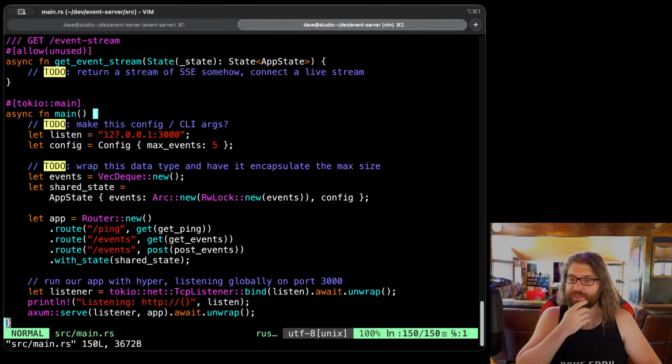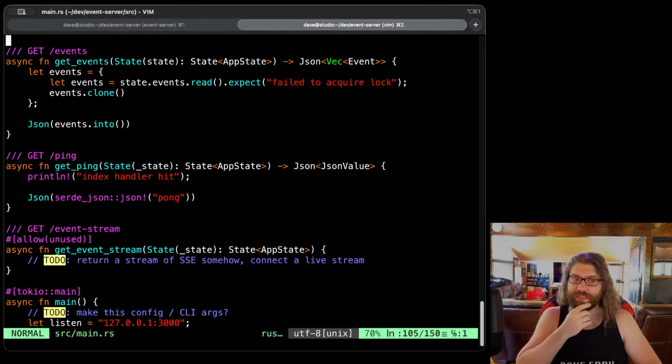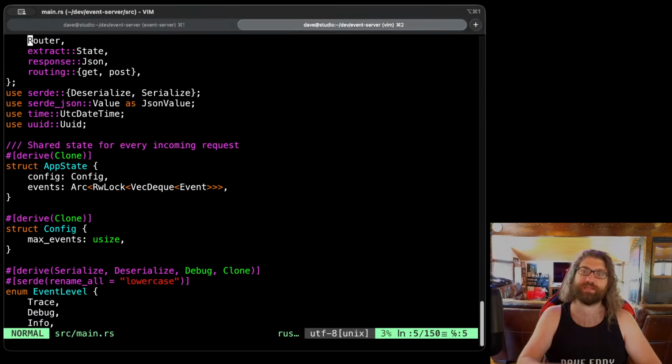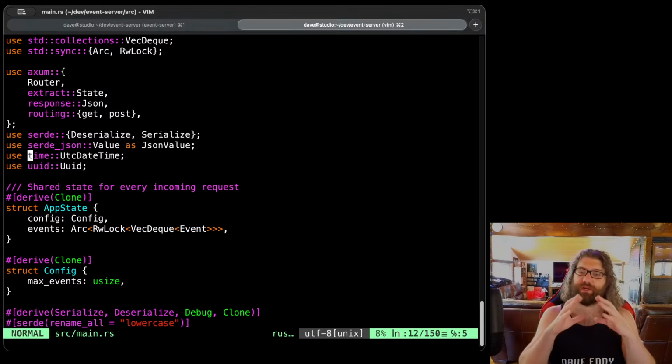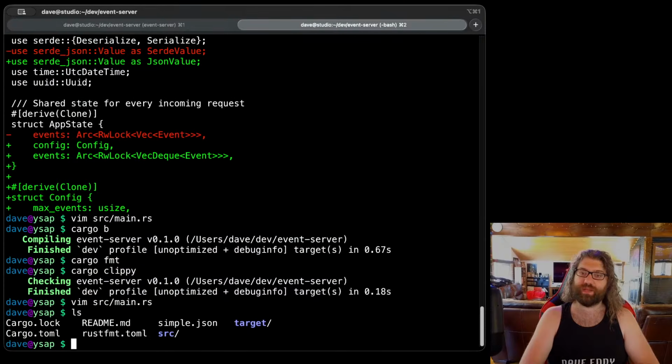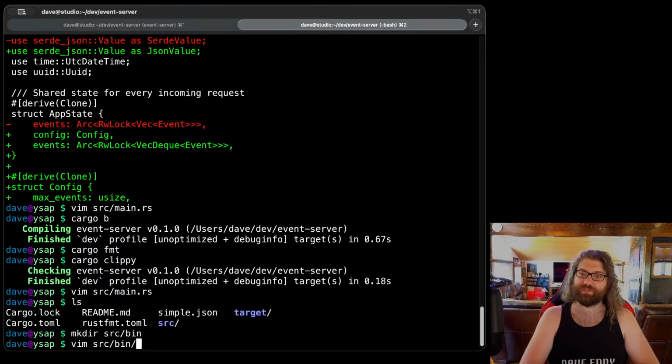What should we work on next? Let me think. I guess, you know what? Let's start pulling this out into libraries. Even though we don't have everything I actually want yet here, let's start pulling this out into libraries so we can make a CLI. Because I think ideally we would have source bin, and then we would have source bin,